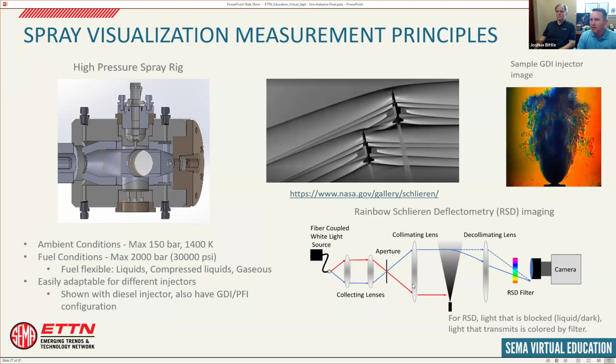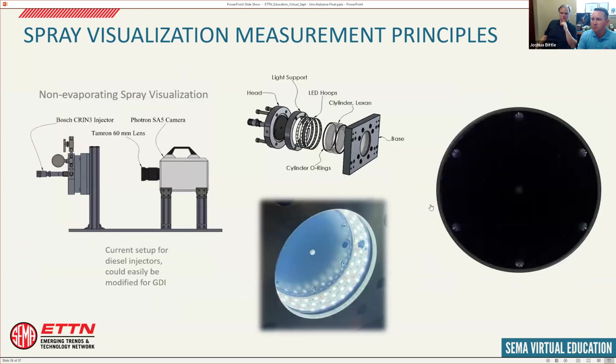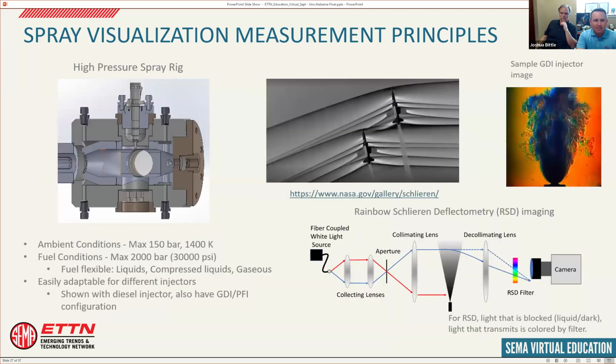The optics here in the bottom right, you can kind of ignore if you don't want to focus on that. Essentially we get just a beam of light that is collimated, meaning all the rays are going in the same direction. As they go through the spray, they'll get bent towards the dense fuel spray. Some of them will be blocked by the liquid. And then as they're focused down to the camera, we put a filter in the path, and the light ray that goes through the filter gets colorized, and then we can quantify that in the images. In the video here, which doesn't correspond to this filter, the background is orange, and light that got deflected a lot turns blue, light that got deflected a little bit turns green. So with that context, we can hopefully make some sense of the GDI videos,